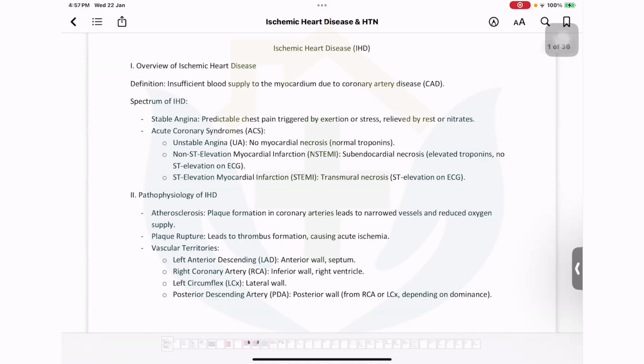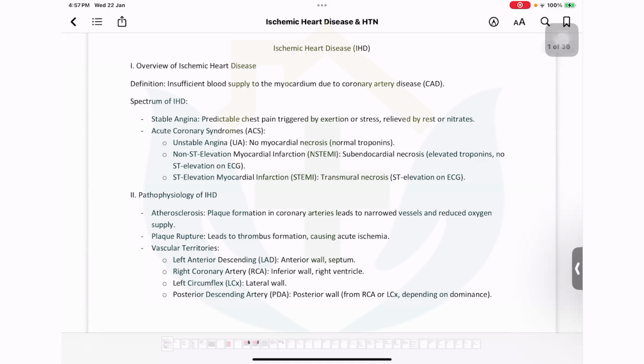Acute coronary syndrome is the other end of the spectrum, which is classified into unstable angina. Unstable angina means stable angina gone worse. The patient used to feel better when sitting down, but now even after resting the chest pain is still there, and there is no evidence of myocardial necrosis. The blood is still flowing. There is no total occlusion, but there is a decrease in the blood supply. Hence the chest pain goes on for a longer period of time.